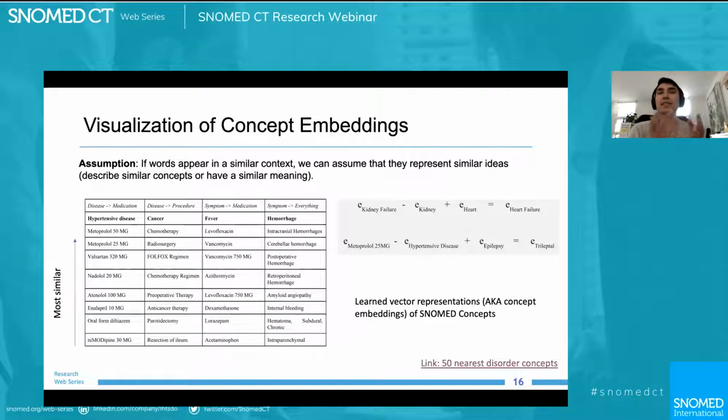This is essentially a 300-dimensional vector representation, which aims to capture the context. If all these words and jargon are flying over your head, the previous two research webinars do an excellent job of skimming the surface about what they mean, and there are plenty of tutorials online.